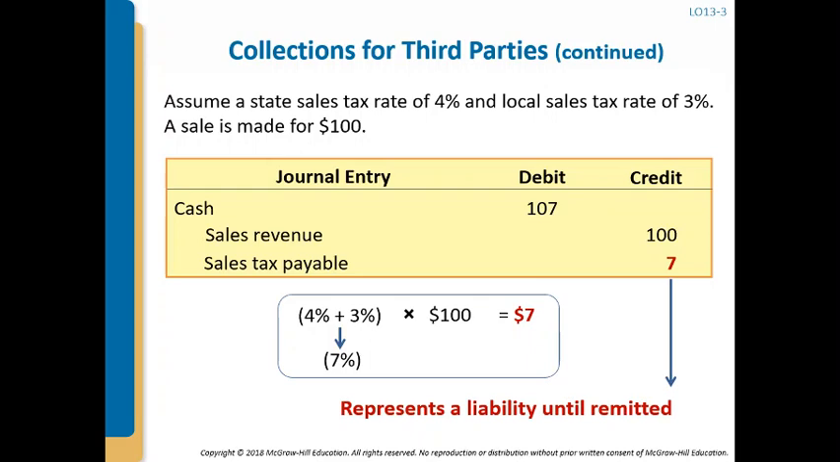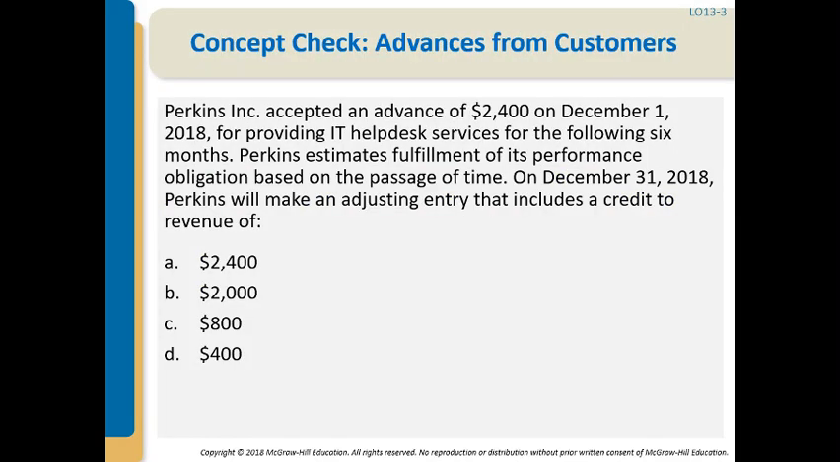Then when, of course, you pay that, you're going to back out the payable and pay cash of $7, along with probably a whole bunch of other sales tax payable. All right, so